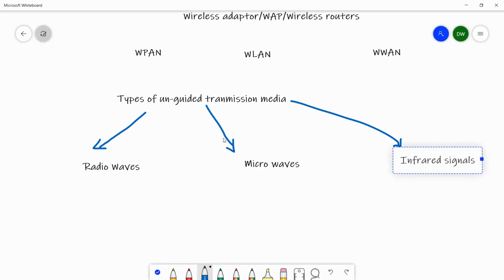Right? So we are going to talk about these three types of unguided transmission media: radio waves, microwaves, as well